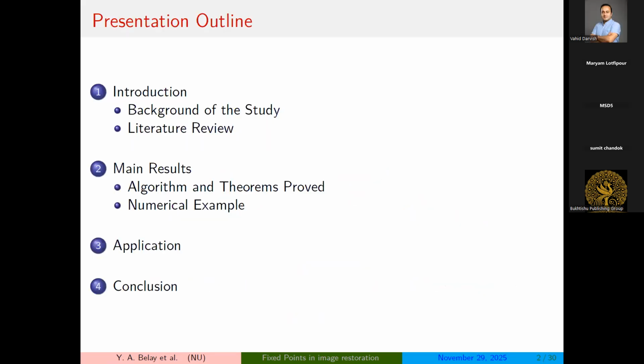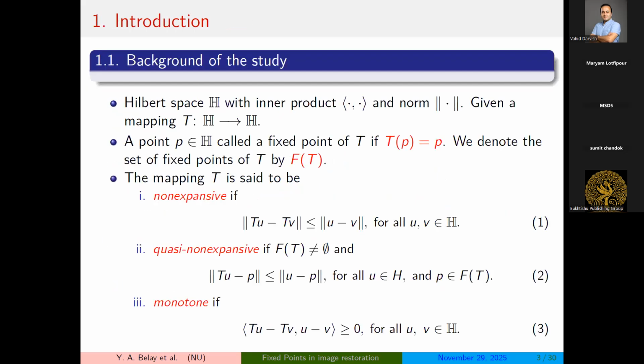So my talk basically consists of the introduction, main results, application, and some conclusions and the way forward. To begin with the introduction, here we have some basic definitions on the Hilbert spaces, the norm, the inner product, and so on. And as we are going to mainly talk on the fixed points, we define the fixed point